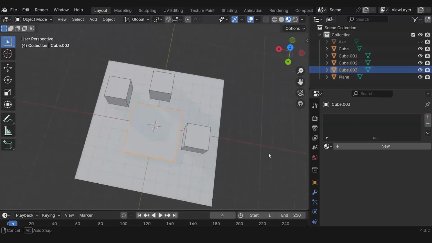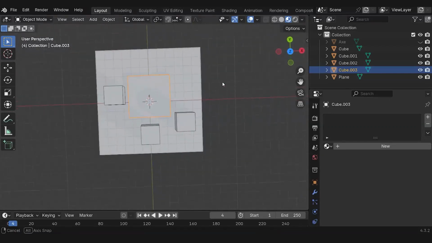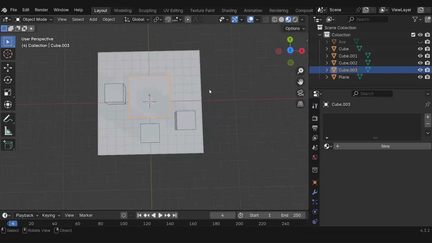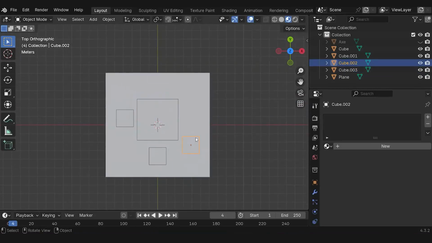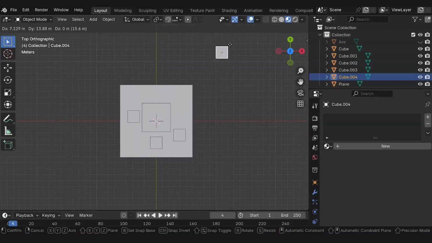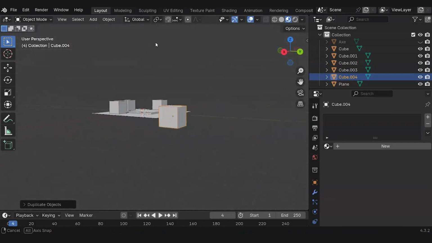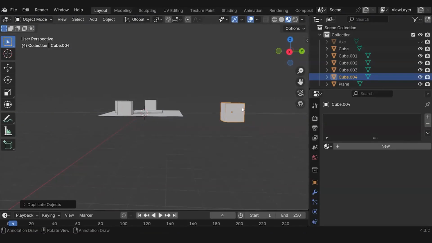and I have a building here, and I'm being very loose with it, so please don't mind me. So I have my building here, and I'm going to press 7 to go to my orthographic view, top down view. I'm going to do Shift D. Oh, okay. And I can't see anything, and I know why. So what I'm going to do is turn on my wireframe. All right, cool. So I have a few buildings here.